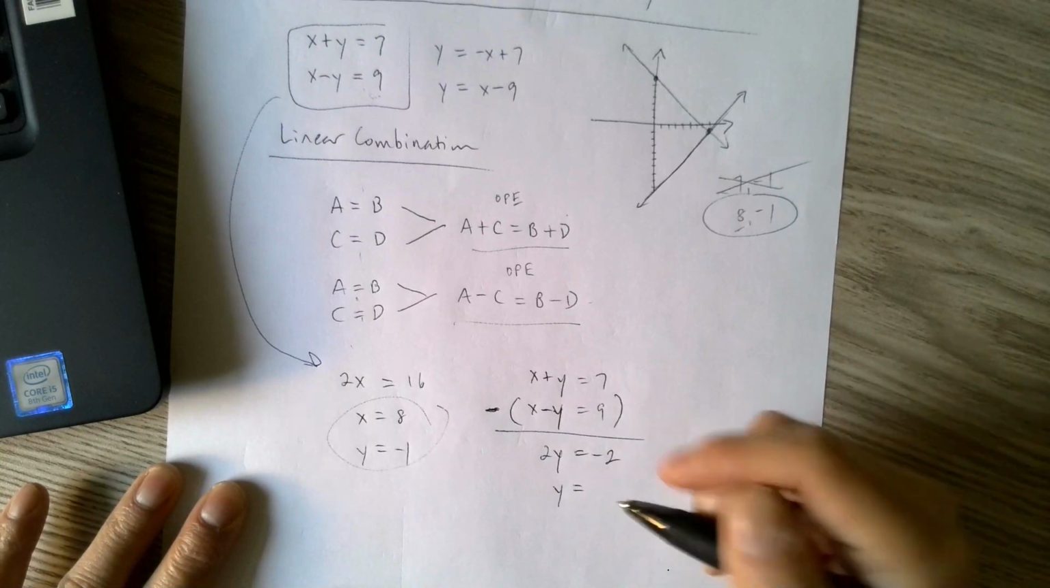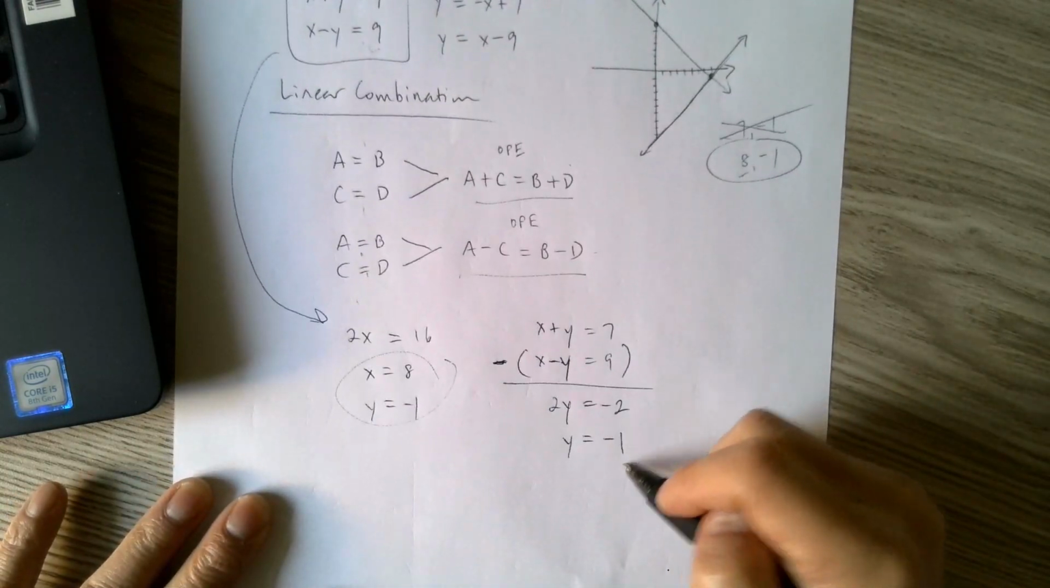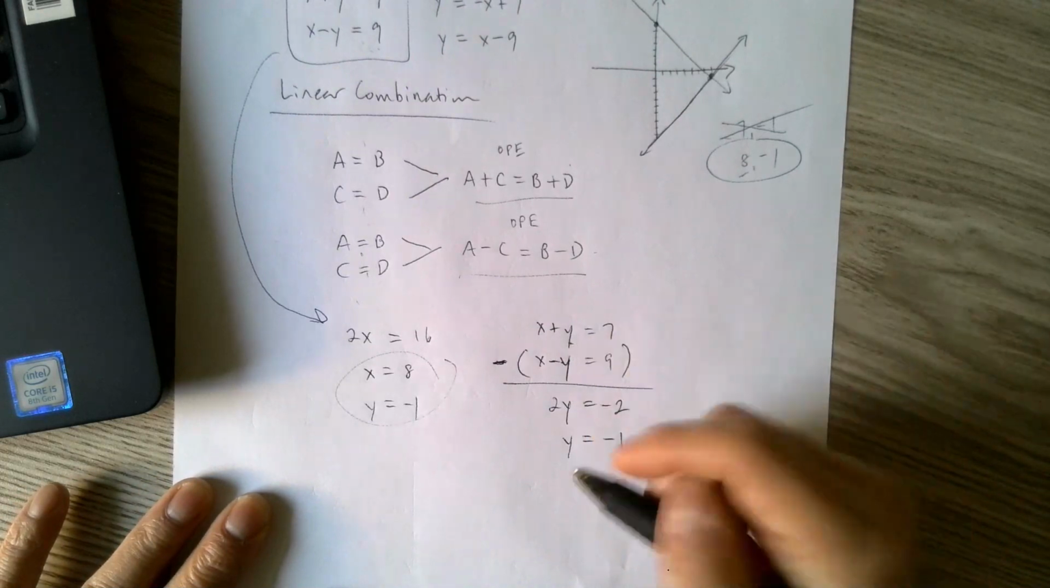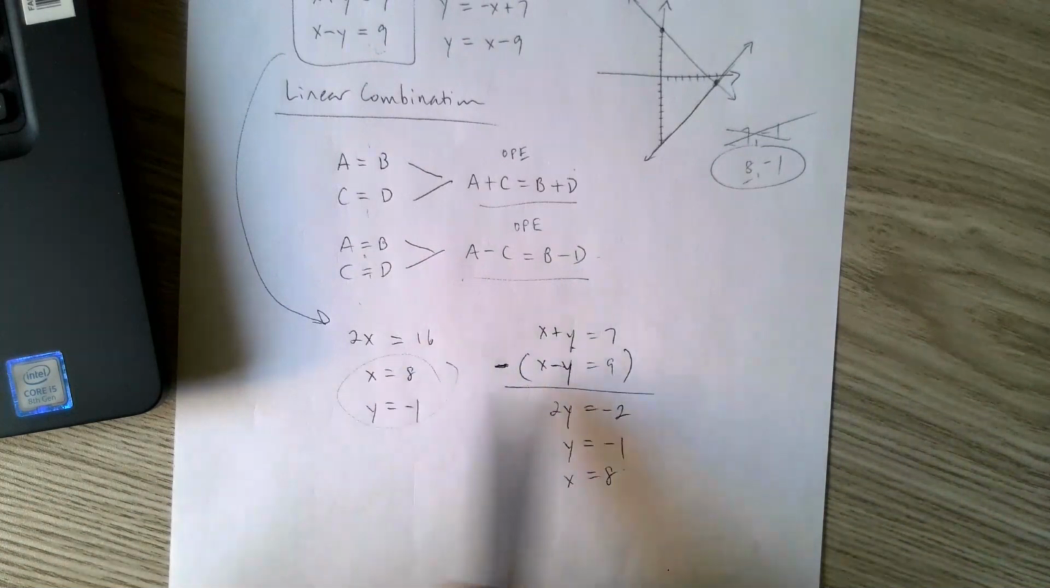Divide both sides by 2. I get y is negative 1. I plug negative 1 in here, and I get x is 8. So whether I add or subtract it,